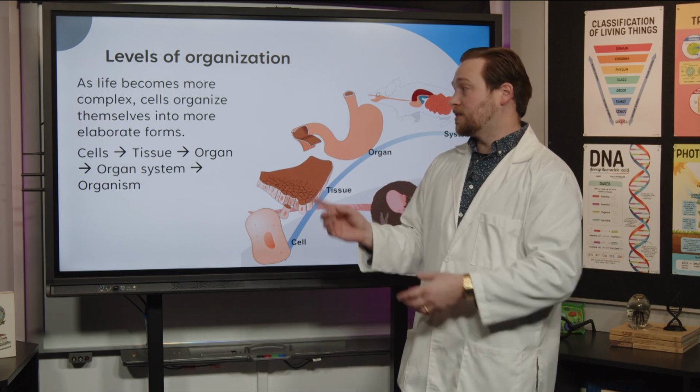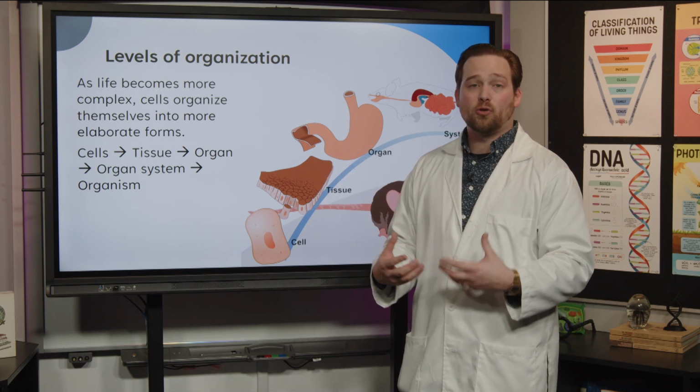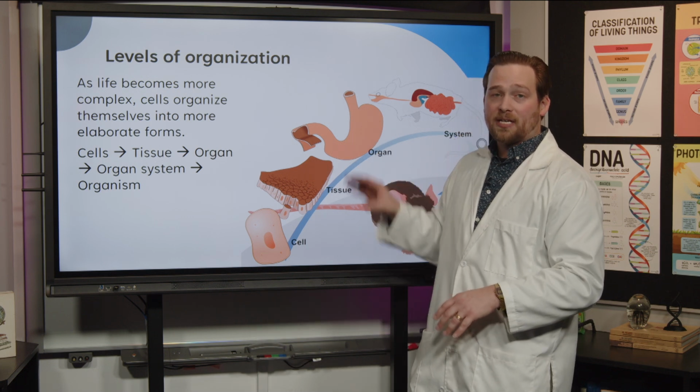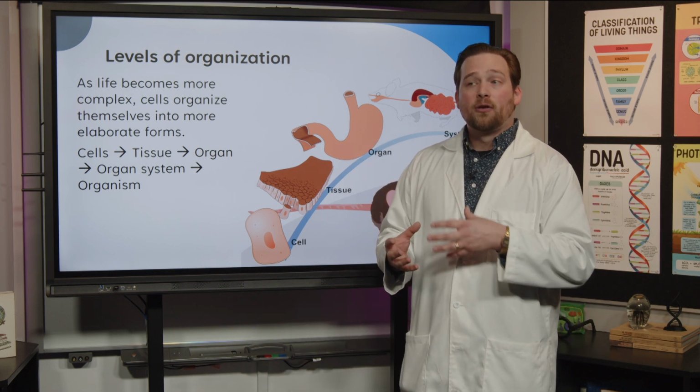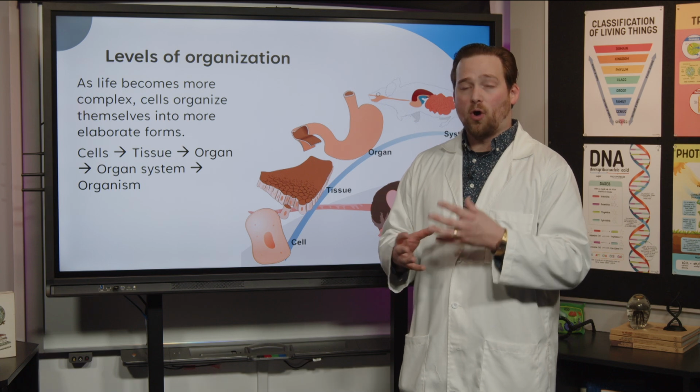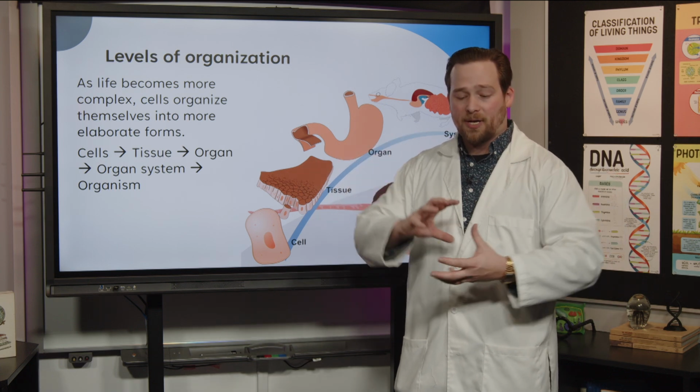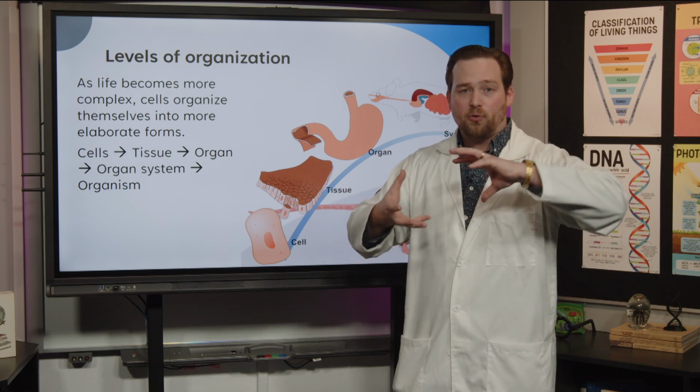On the inside of this stomach, you have a type of tissue called epithelial tissue. It's kind of like your skin. But the outside of the stomach is actually muscle tissue. Your stomach helps you digest food, and one way it does that is by churning your food. And so the outside of the stomach is a muscle, and it churns your food up like this and helps